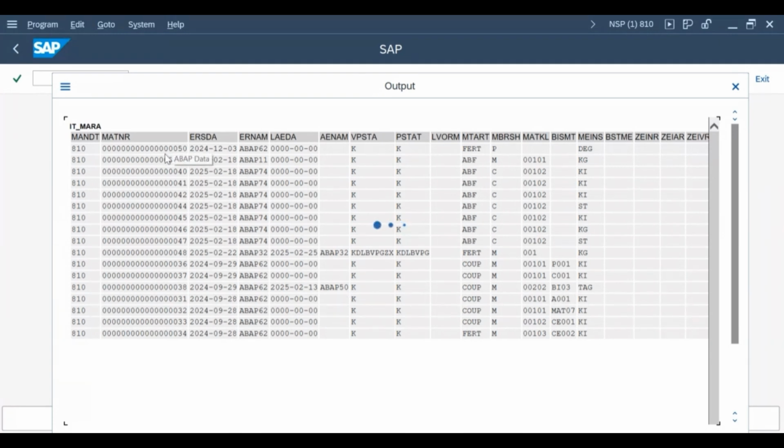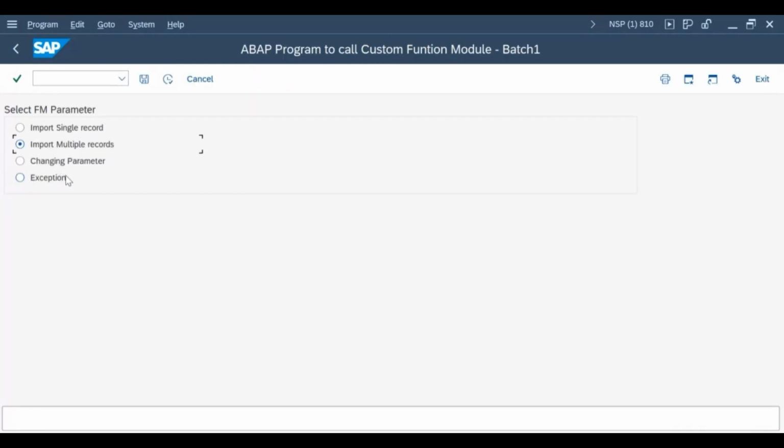You are printing that in the output. Printing that in the output. Right? So this is how we generally write the code corresponding to that function modules. And moreover, if you observe here, we have